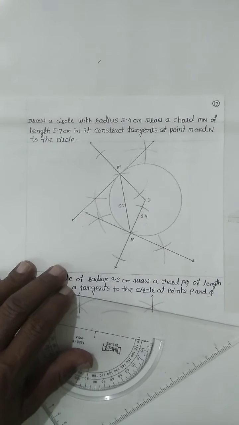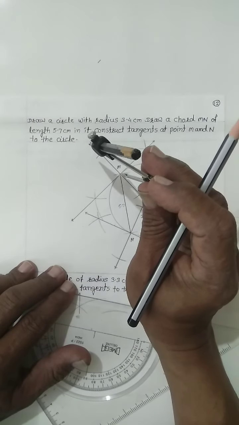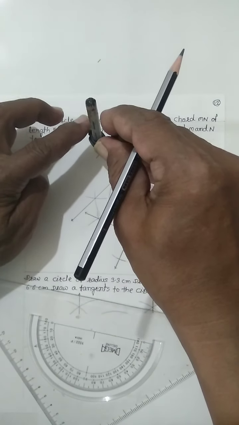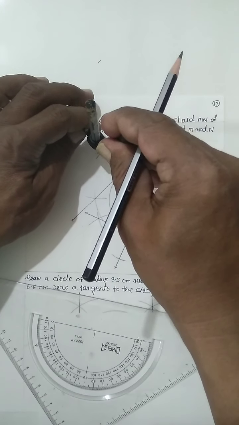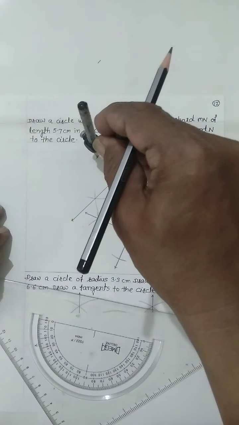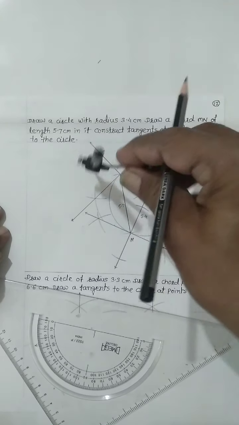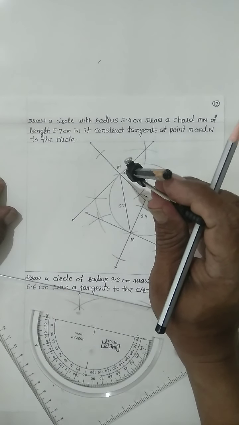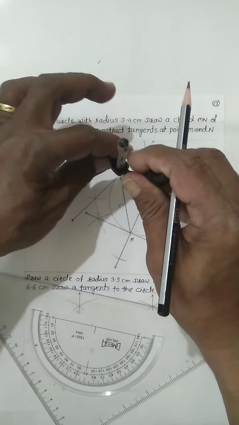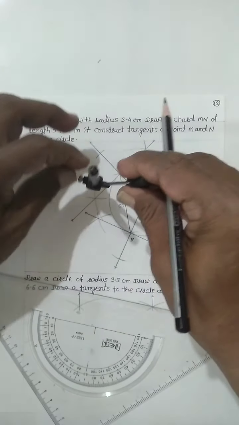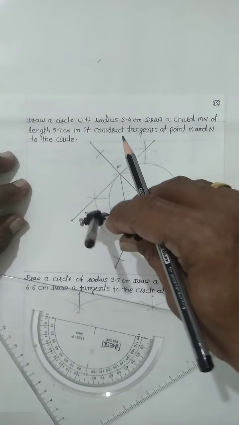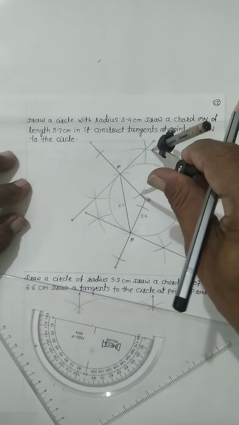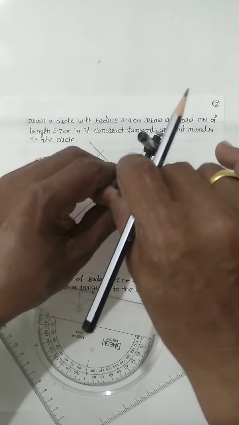Now similarly, put one terminal at point M and take some distance between the two terminals and draw the arc on this ray, on the opposite side of the point M. One arc, this is the second arc. Then take more than half of the distance between the two terminals of the compass and draw one of the arcs, and this is the second arc, which is opposite to the ray OM.